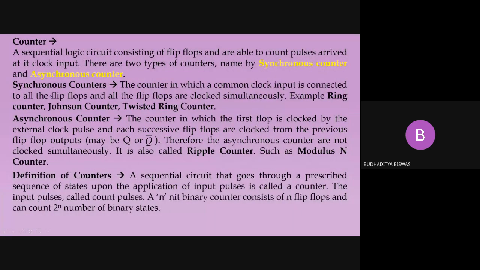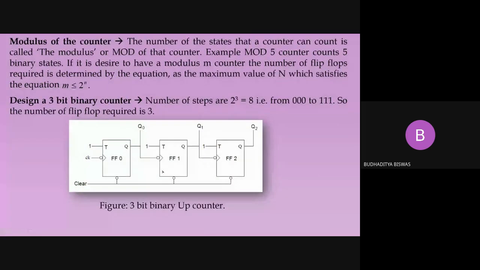So we have already started the design of the asynchronous counter like this one. This is called the 3-bit up binary counter. And remember this one thing, that in case of an asynchronous counter, only T flip-flops are used, and the T flip-flop should be in the toggle mode. So the asynchronous counter is very easy to design compared to the synchronous counter. Today we start learning the synchronous counter design, but in the asynchronous counter only T flip-flops are used, and T should be connected to 1, that means in the toggle mode.